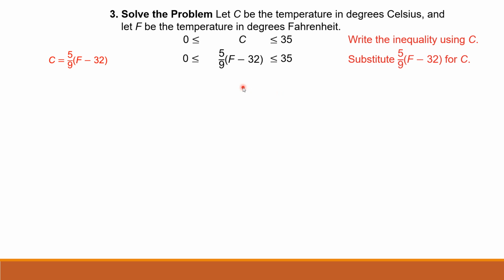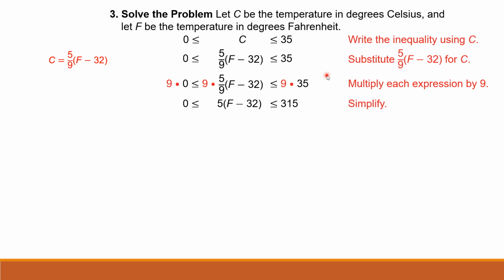Now we want to solve this inequality. We have our variable expression in the middle, so we're going to start undoing, and we have 5/9 times the quantity. So our first step would be to multiply the middle by 9 to undo the division, which means we need to also multiply the left and the right side by 9. And then we'll simplify: the left becomes just 0, in the middle the 9s cancel out, and then 9 times 35 is